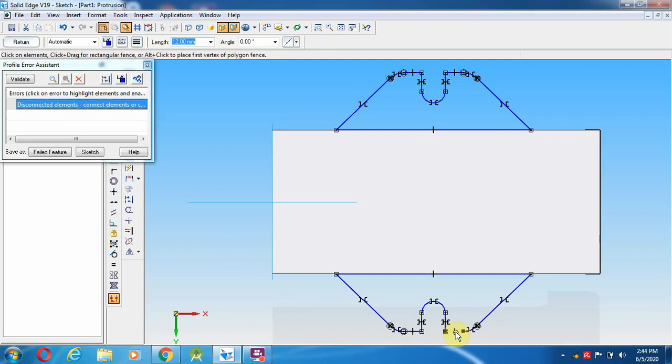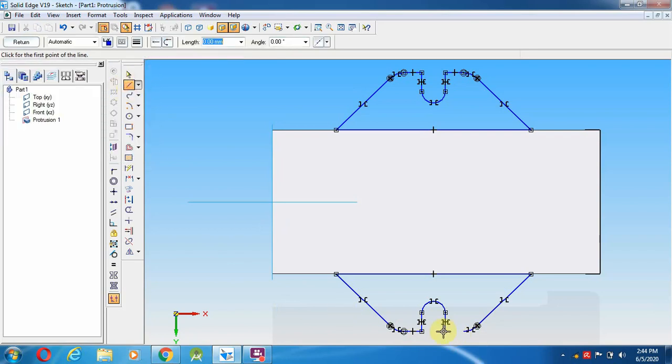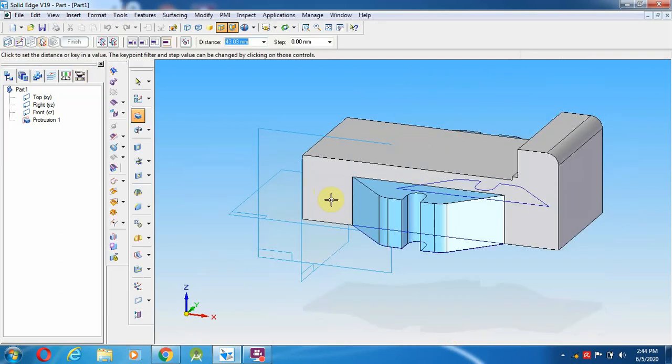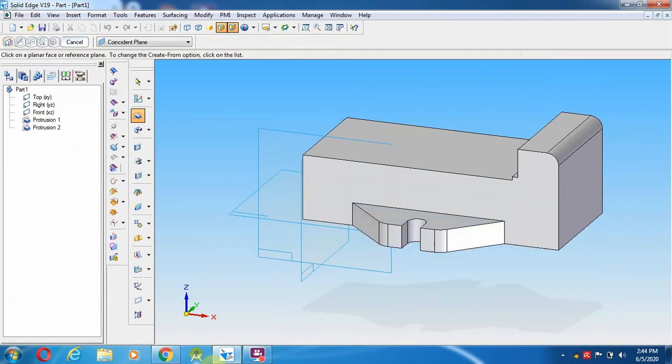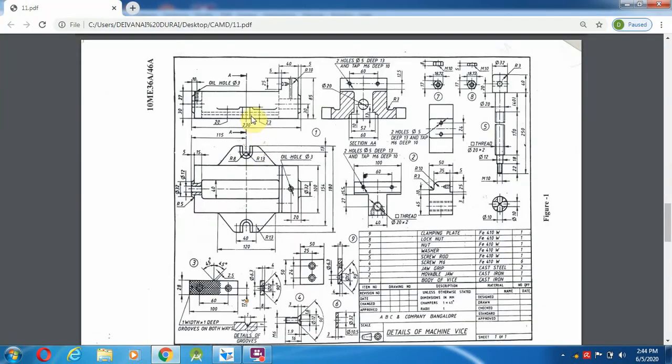Now here delete, select a line. So from end point from here to here. Then I am going to give return. So how many mm is this? Already I told you 20 mm. So 20 mm it has to be moved over there. So in the front view it is 20 mm. In the top view you see the profile, and in the front view you know the depth. 20 mm you have done. Then remaining is this 3 mm rings.